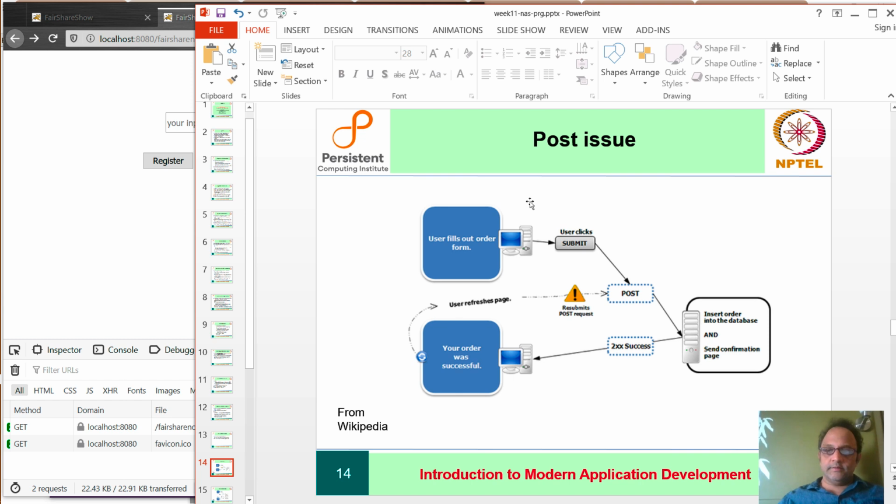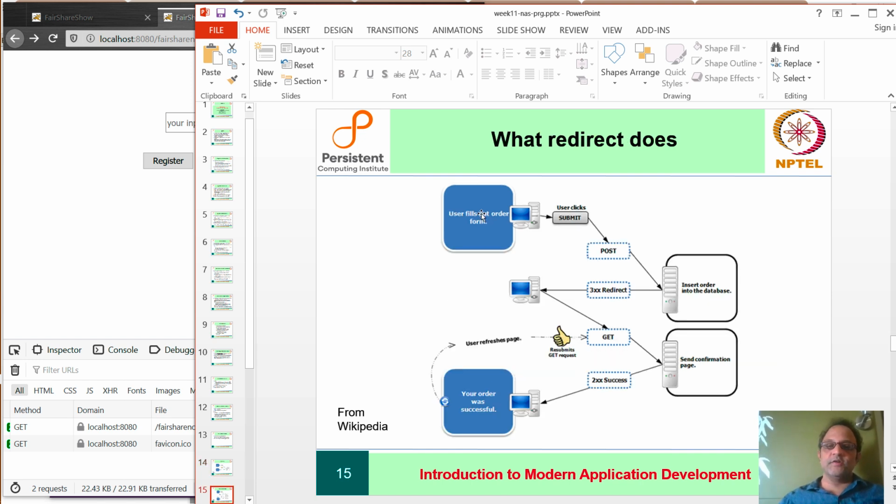Here is the first case. User fills out form, clicks submit, does a POST, inserts the order into the database, and sends a confirmation page. This is what we have been doing when we didn't do post redirect yet. But now if you hit refresh, it resubmits the POST request. Instead, what we would like to happen is this. User fills out a form, clicks submit, POST, insert order into the database.